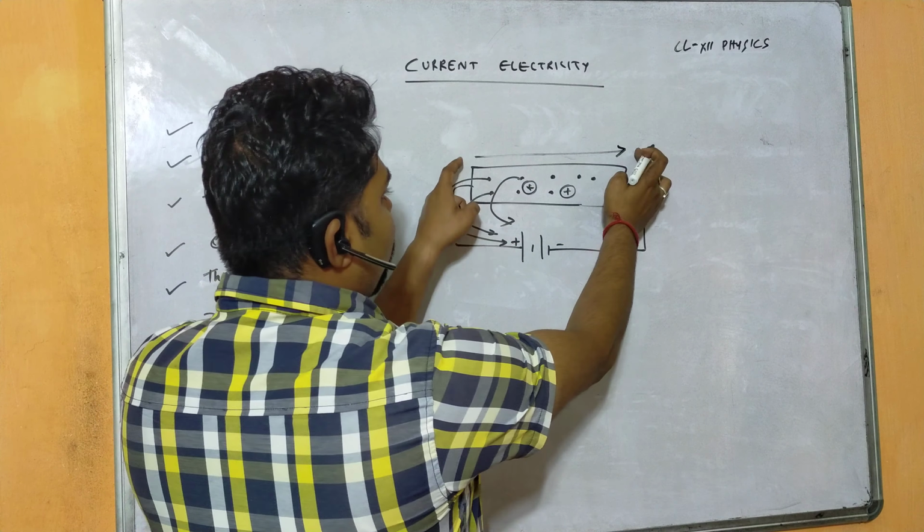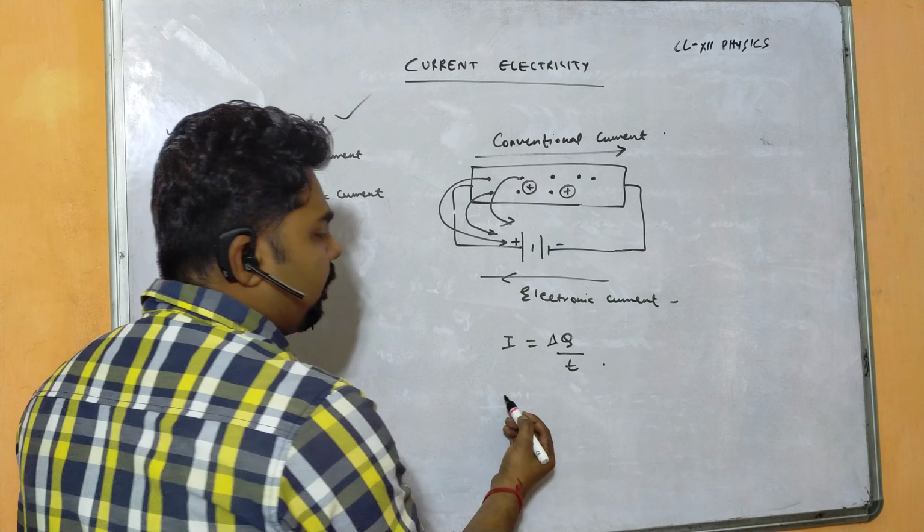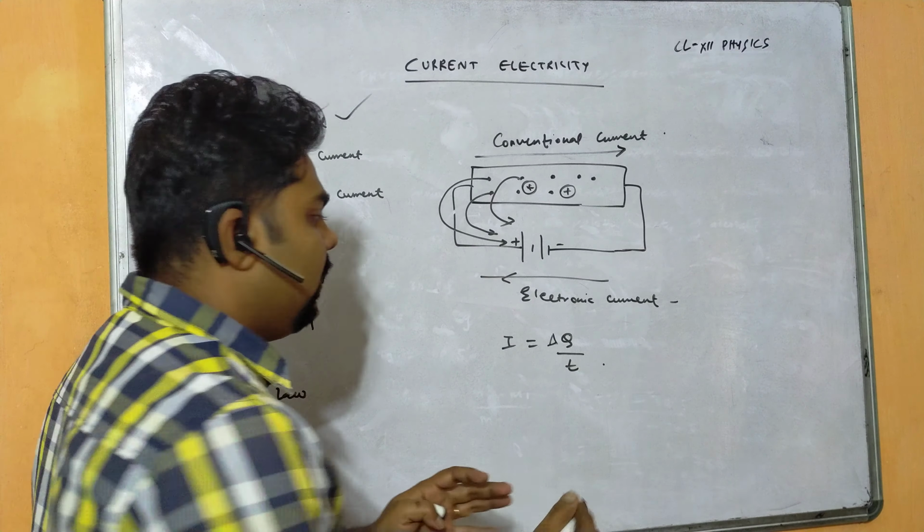So what is electric current then? Electric current is the rate of flow of charge per unit time. That means the number of charges flowing per unit time we consider to be electric current. When a small amount of charge passes through a unit area in a small time t, we consider this to be average current. Sometimes we also consider it as instantaneous current.